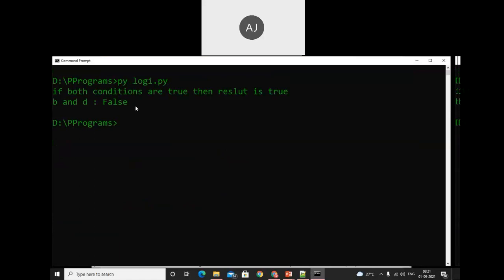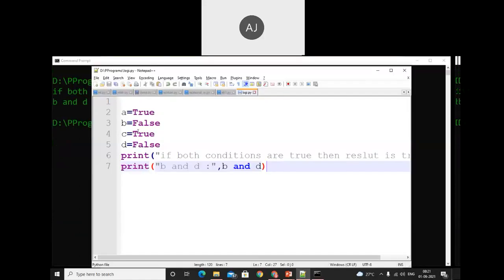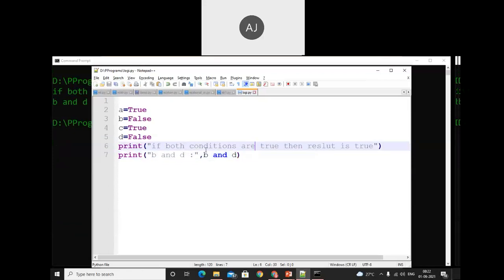So in that case, when we use the logical OR operator, at least one condition must be true for the result to be true. I'm trying to use two conditions.